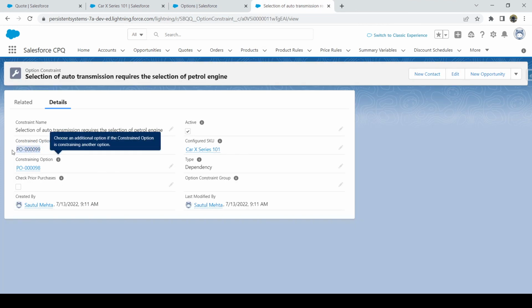So here the name is PO99 for the auto transmission and PO98 for the petrol engine. This is how we can make a product dependent on another option product in Salesforce CPQ using option constraints.